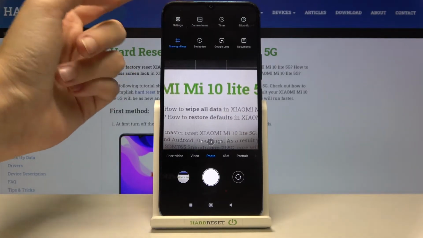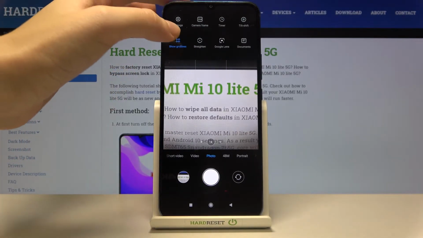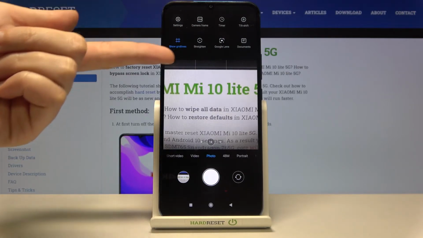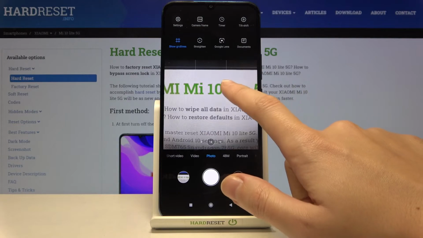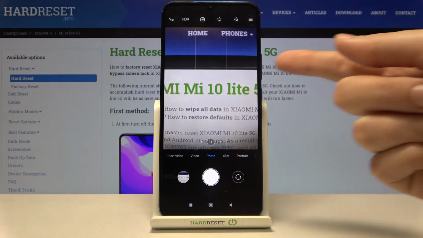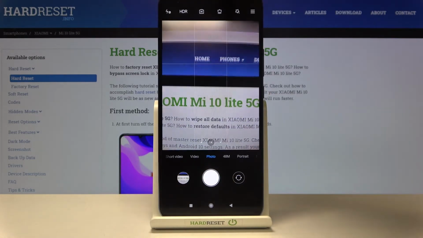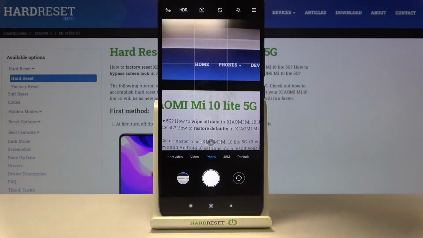By just one tap here we can turn on the camera grid lines, another tap to turn them off. So the blue color suggests that now this is turned on. As you can see here in the camera preview, we can see these lines. This is useful, for example, when we want to use the rule of thirds in photography or making experiments with